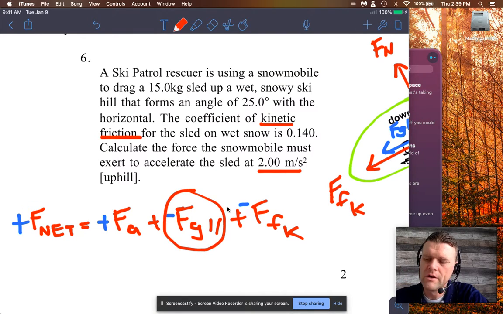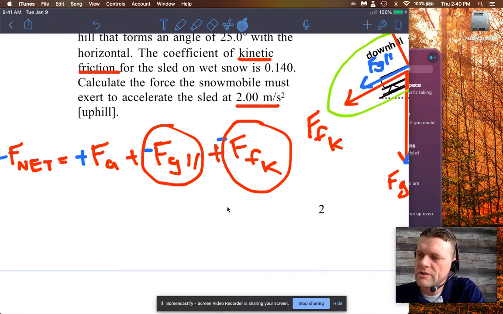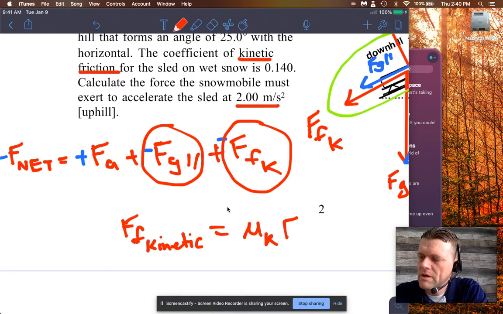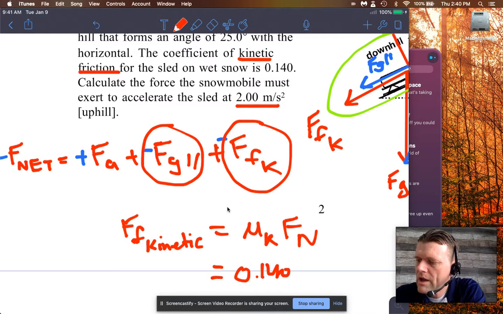I figured that out earlier. What we need to get is the force of friction. Okay, and we can get that force because I've already been given the numbers for that. But you don't have them until you've broken up the force of gravity down. So what we need is the normal force. Okay, so the force of kinetic friction is equal to the coefficient times the normal force. The coefficient is 0.14, and the normal force is equal and opposite the